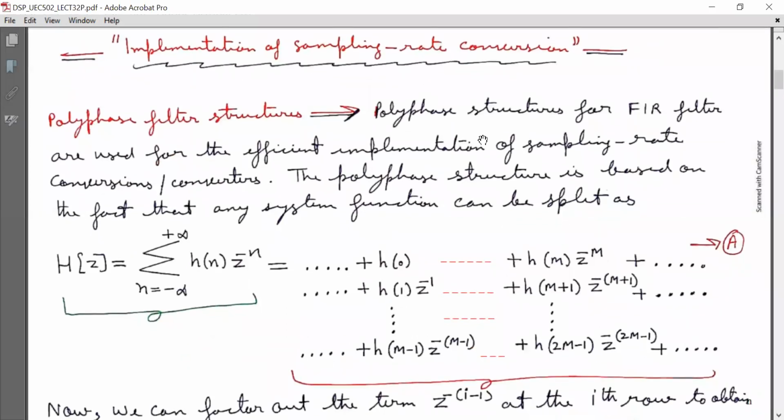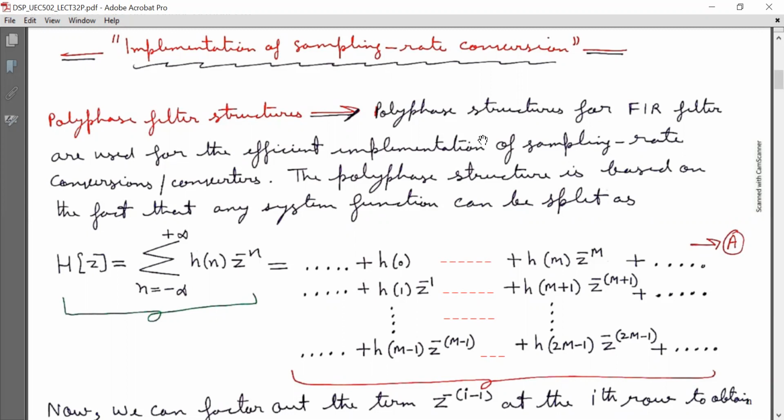Today we will discuss implementation of sampling rate conversion. For that we will discuss polyphase filters first. The polyphase structures for FIR filter are used for the efficient implementation of sampling rate conversion in different converters. The polyphase structure is based on the fact that any system function can be split